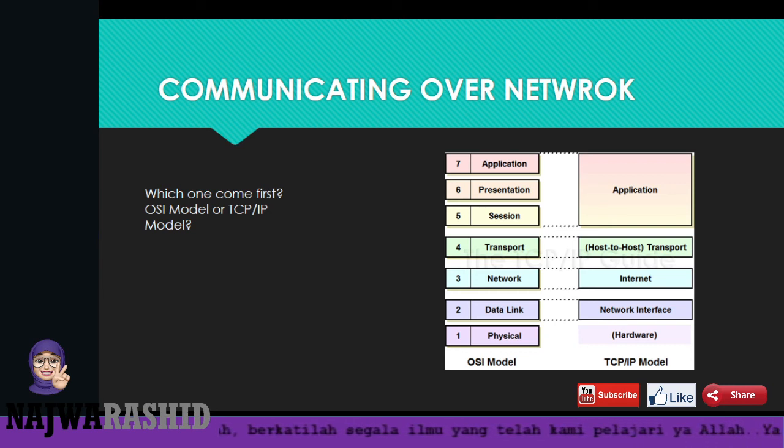So that is the explanation of the TCP/IP and OSI model. You should know what the layers involved are and what the responsibilities of each layer inside the OSI are,